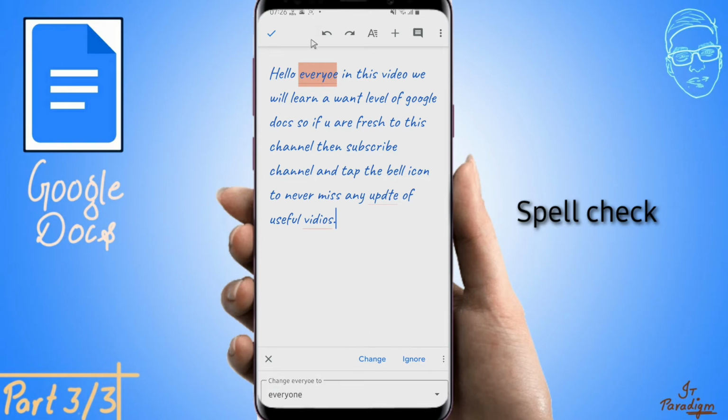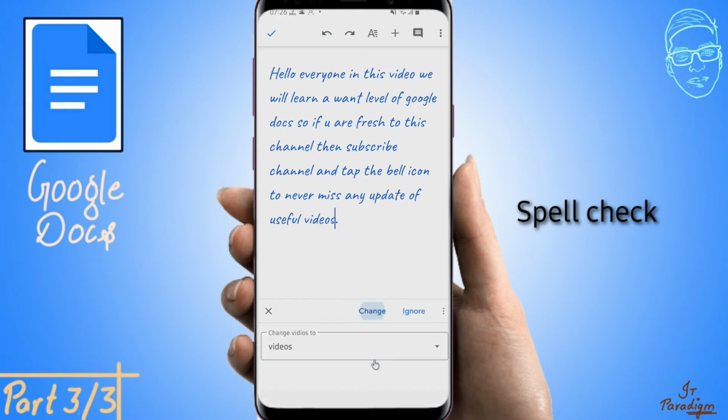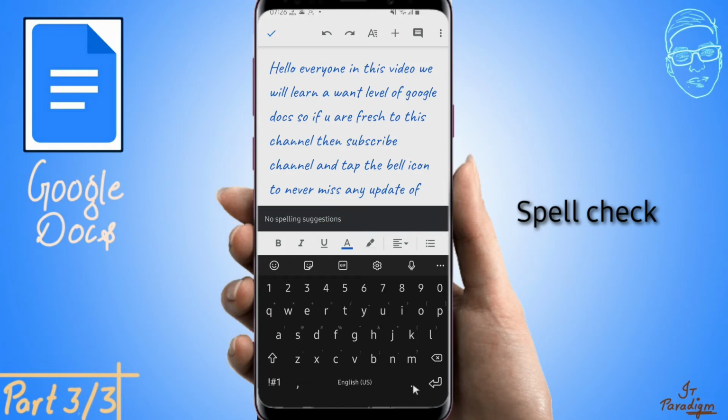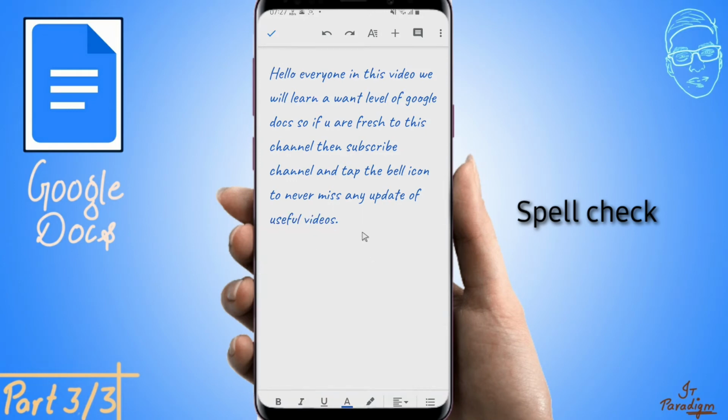So if you want to change this with this, everyone, tap on this change option, otherwise ignore. So I am tapping on change. You can see the everyone spelling is now corrected. The next, we have update spelling. So again, tapping on change. Now all the mistakes are removed from this document.